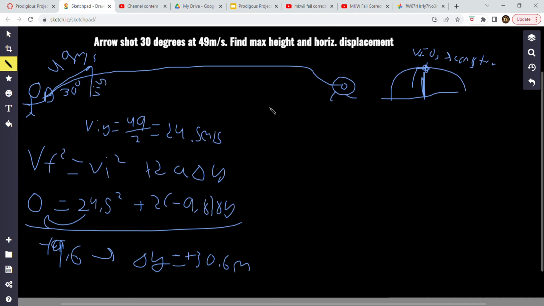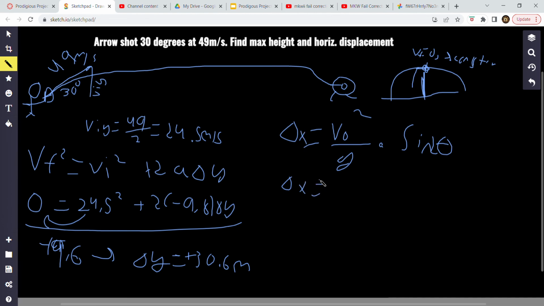Alright, so next it's asking for the horizontal displacement, which is delta x. Originally what I did was I solved for time and wasted a bunch of steps, but then I realized there's also the other equation that we were given in class, and that's just v0 squared over g times the sine of 2 and the angle, and we're going to get delta x